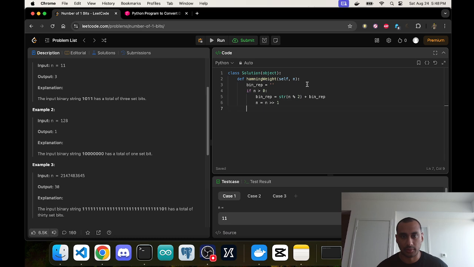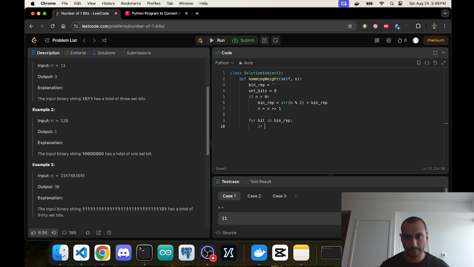So now I'm going to go for bit in bin rep, set bits, then I just return